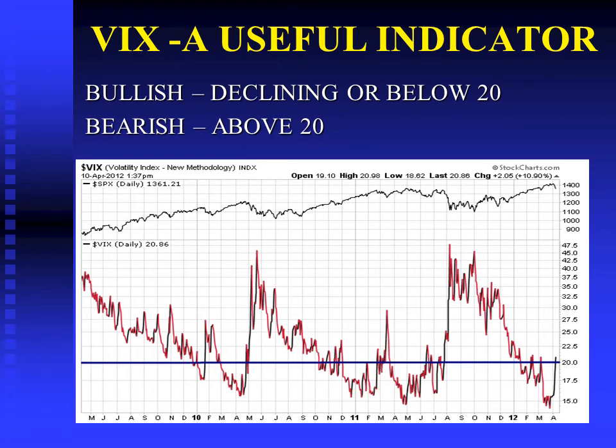Again, here the same story. When the VIX rises, the market corrects. Here exactly the same thing. During this period the market was okay, but as soon as the VIX rose above and stayed above 20, the market corrected and was weak. As soon as the VIX declined, the market picked up and started rising.